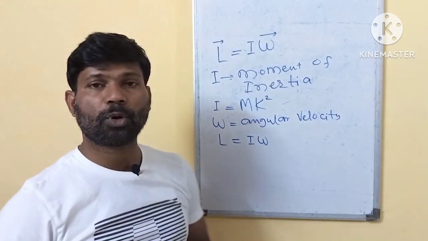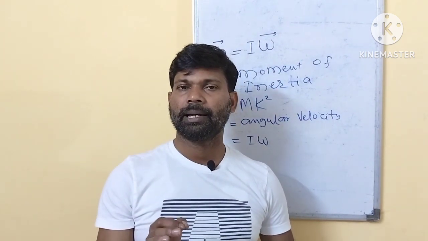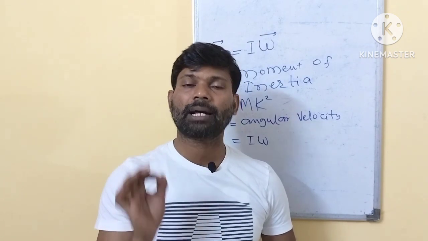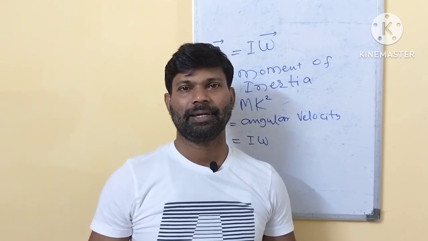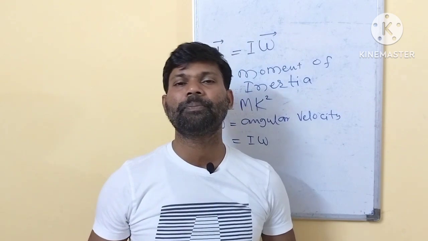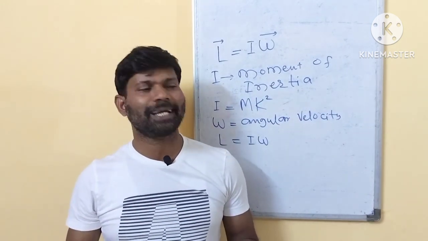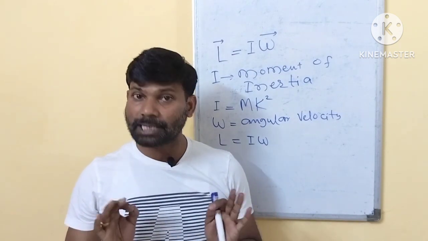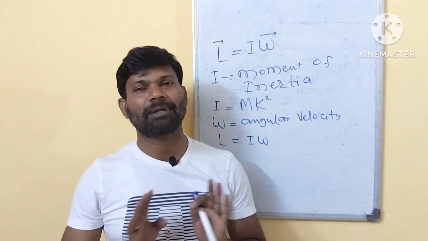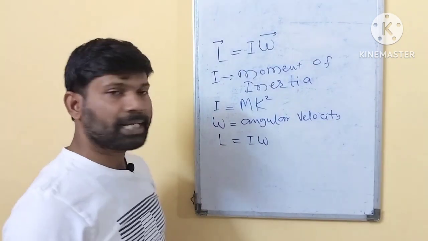This conservation of total angular momentum happens only when net torque on the system is 0. If net torque on the system is 0, total angular momentum of the system is conserved. Conserved means, it is very simple, it is a constant. It will not change with time. If you take some examples,